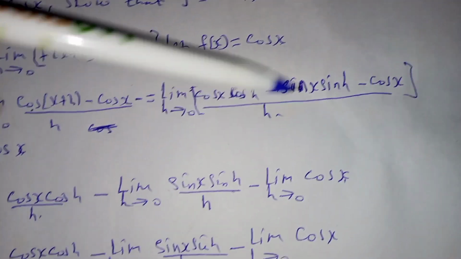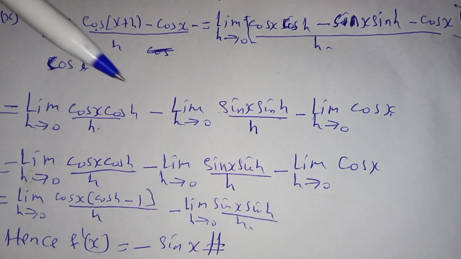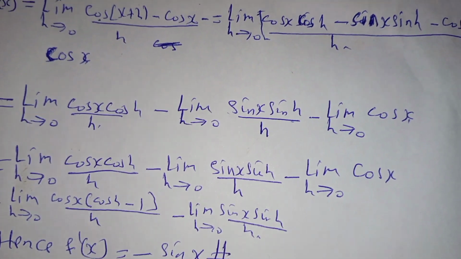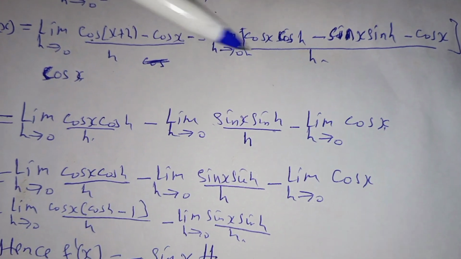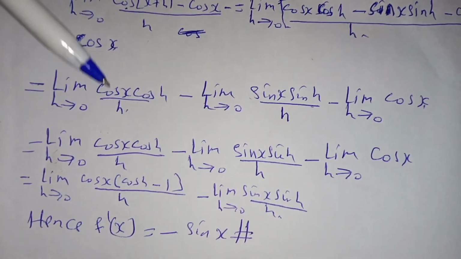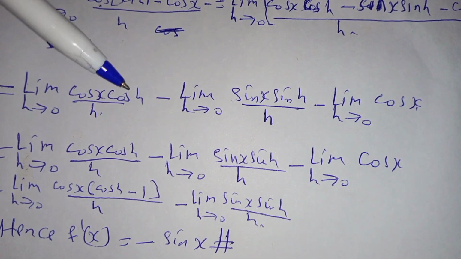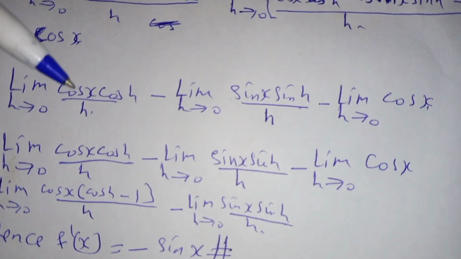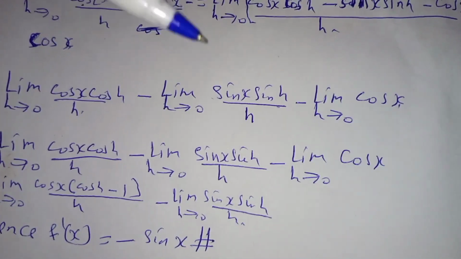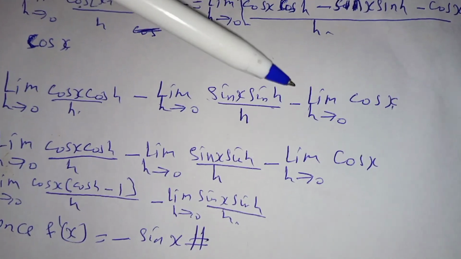Everything here divided by h. Now, using the property of limit, which tells us that limit is a distributive property, so we separate this. Limit can get inside from that property of limit. So we are going to get limit as h tends to 0 of cos x multiplied by cos h over h